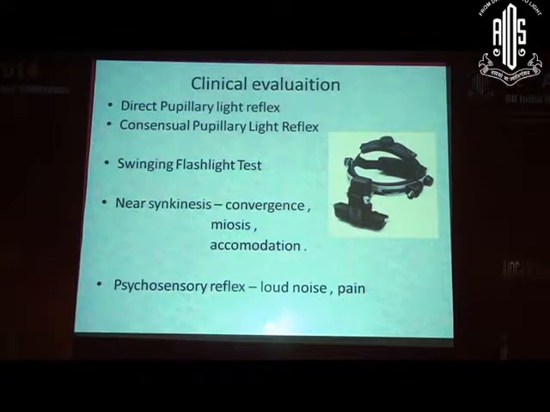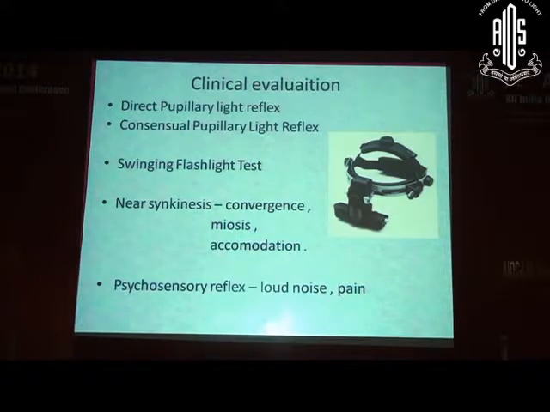the distance, and without bringing the light directly onto the pupils, we shine the light from below, maybe 45 degrees below the horizontal axis, and swing the light across from one eye to the other and quickly swing it back. The swinging time should not be more than 1 or 2 seconds, but you stay on the eye for 3 seconds and then swing across quickly. So this is the technique that we use, and in most cases it elicits the RAPD very well. We also test the near synkinesis by testing the convergence, the miosis and the accommodation reflex. The psychosensory reflex is more theoretical, but it is useful in Horner's.